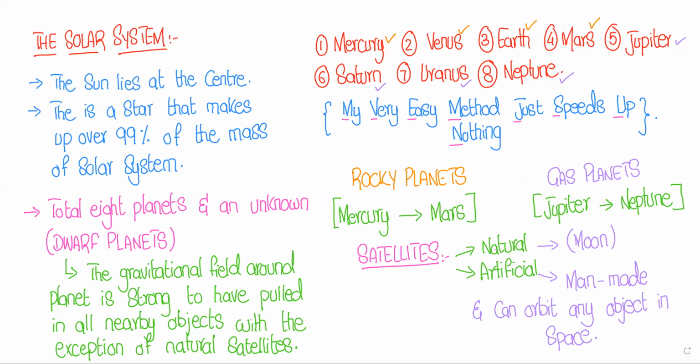So this is the common concept of satellites, that there are two different types: one is natural and one is artificial. The natural satellite is like the moon, and the artificial satellite is the man-made satellite which we use in our daily life to orbit around any planet or any other object in the solar system. Any confusion till now? No, sir. Okay.